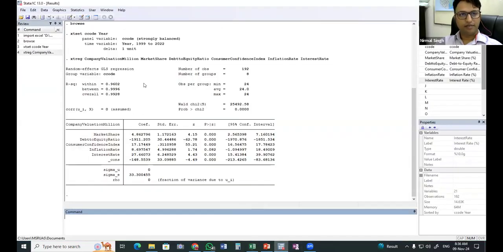Here we have taken only the valuation of the company, but we can take numerous other variables which we want to predict. I have focused on valuation because most of the audience is from valuation, so I have just taken this example. But say I want to predict the profitability of a company, or in economics, how the GDP is going to change over the years. We will put that in as the dependent variable and try to find different variables that can explain the GDP of the country or any other variable.